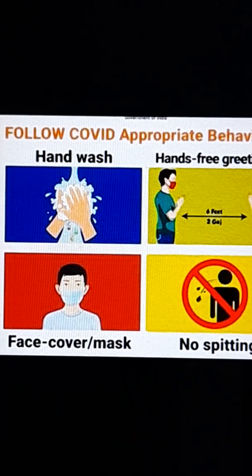Do not touch your face, eyes, and nose. Do not spit anywhere. Do not share your food and water bottle with each other. Okay?